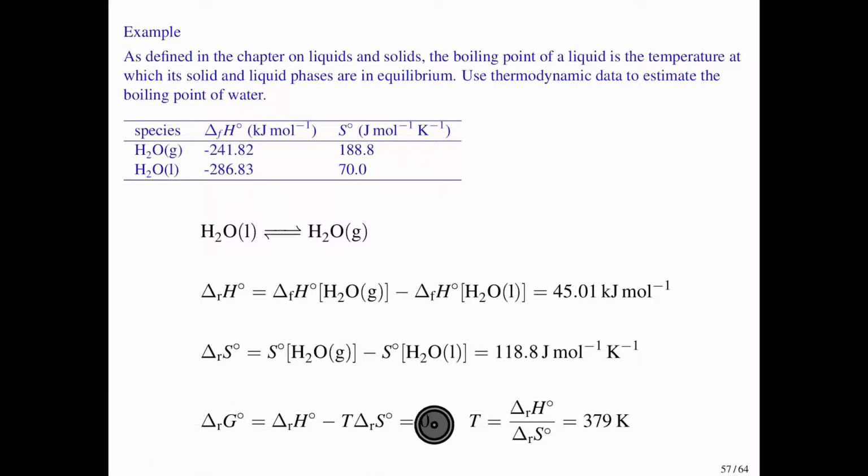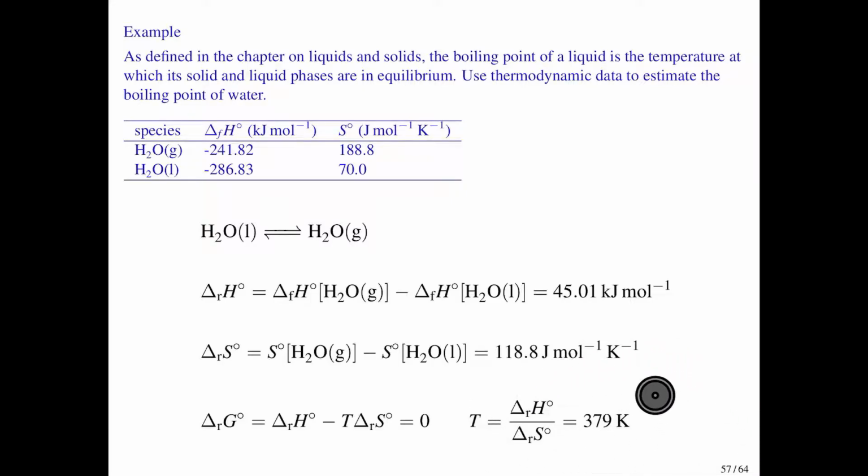So using this relationship, we can calculate delta H, calculate delta S, and then by setting delta G equal to 0, we can solve for the temperature at which the two phases are in equilibrium. And so rearranging this second expression gives us temperature equals delta H over delta S. Calculating delta H from the tables, calculating delta S from the tables, and plugging them in allows us to estimate the